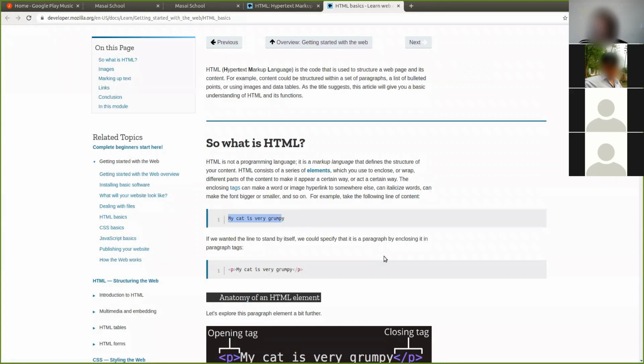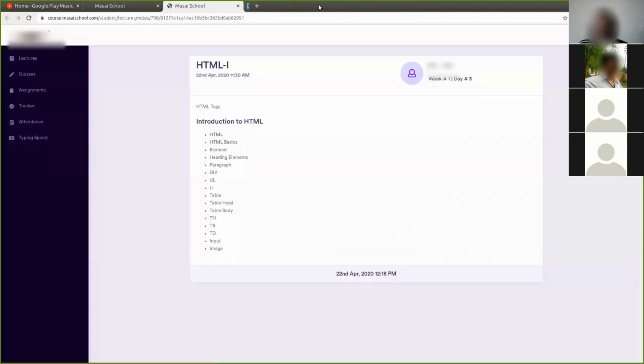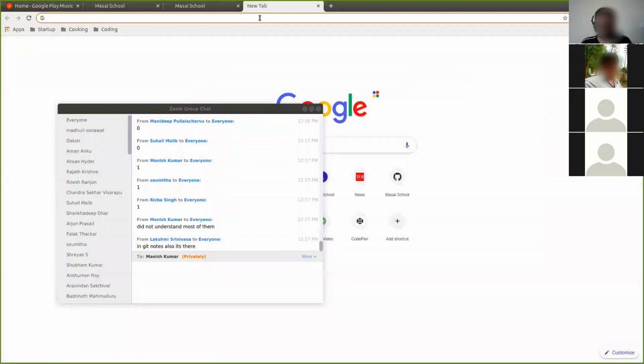So how are you going to learn HTML? By showcasing how to write HTML, and these are the tags we'll be looking at today. I'm not going to use an editor to do it. You are supposed to use Visual Studio Code to do it. I'm going to use something called CodePen to showcase it, because it can show the live changes I'm making. So you can also use CodePen when you are learning it.